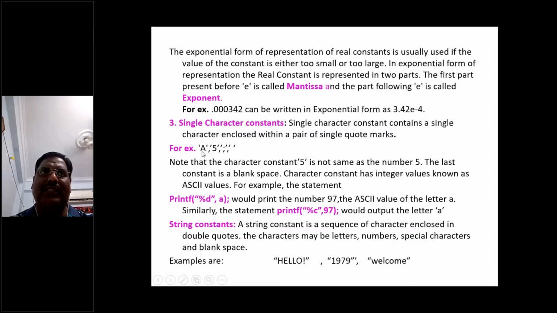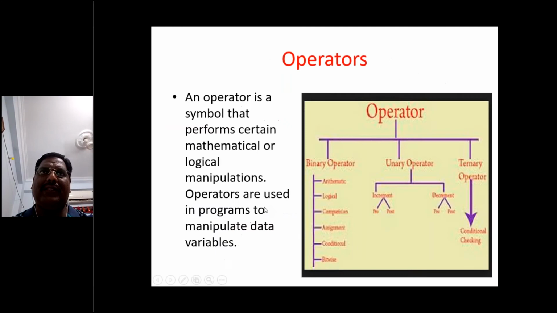A character constant is a single literal given in single quotes, whereas a value given in double quotes is called a string. Here, printf with %c and 97 will give you the alphabet a.